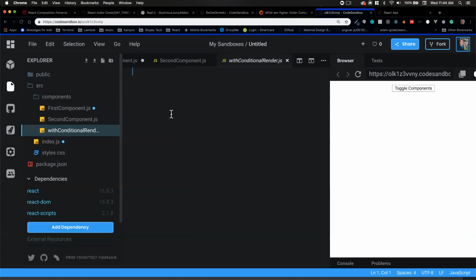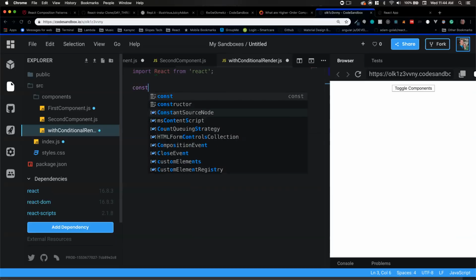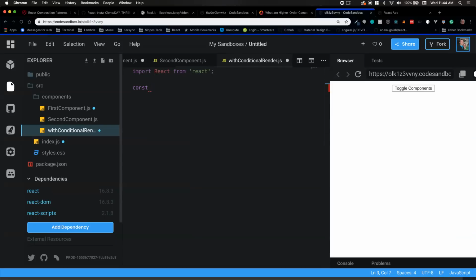Now, because this is a component, we still have to do import React from React. Then we're going to write our conditional render component. Okay, so let's just build this out as a component first, and then we'll build it out as a higher order component. So we're first going to call this by its name, withConditionalRender. And we'll just say this is a component